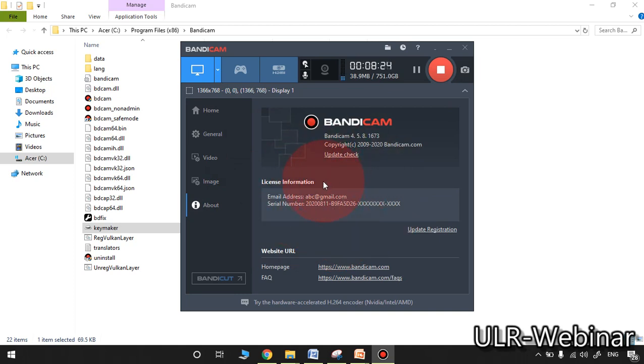version. Sometimes whenever you are connecting to the internet, whenever you are opening this particular Bandicam menu, it will show your license is expired. Then this KeyMaker file will be there in this open file location permanently.